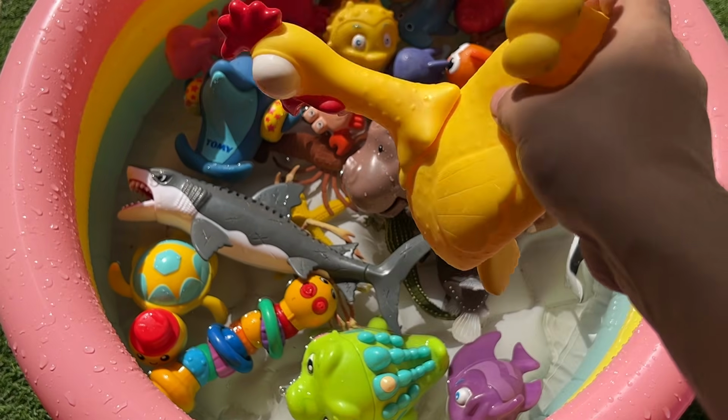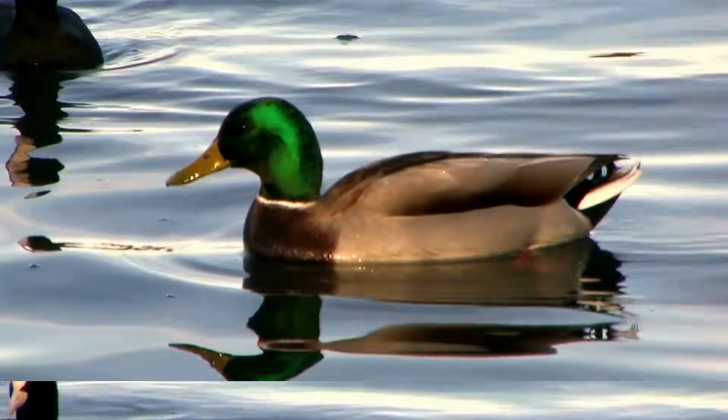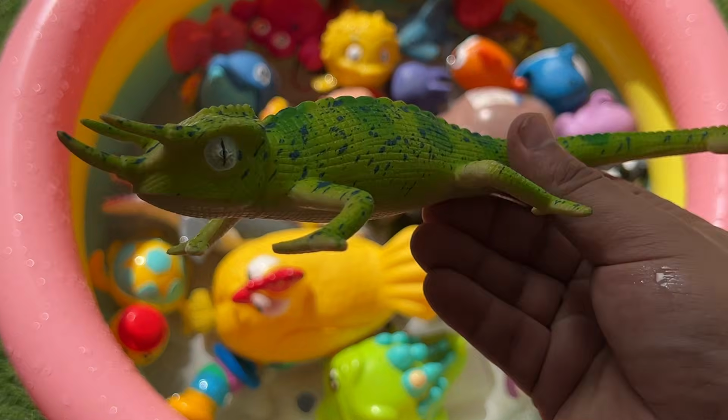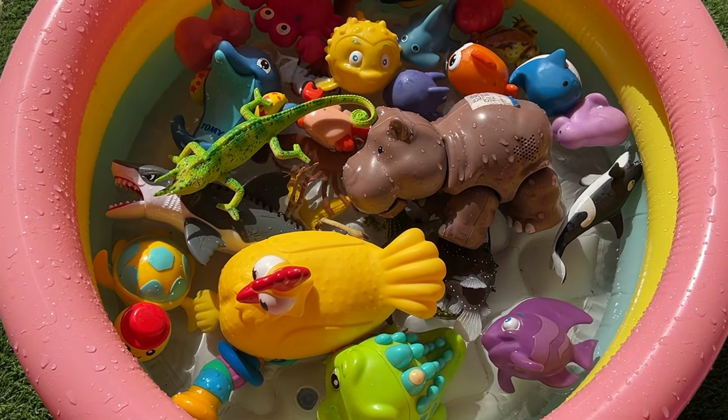Male ducks perform elaborate dances during mating season, and females choose mates based on these displays. Chameleons live mostly in trees and bushes in warm climates,